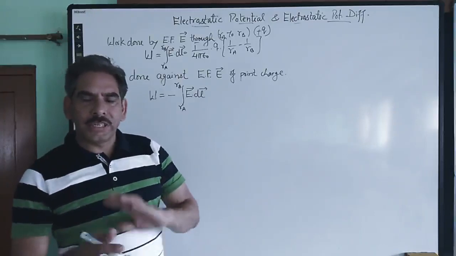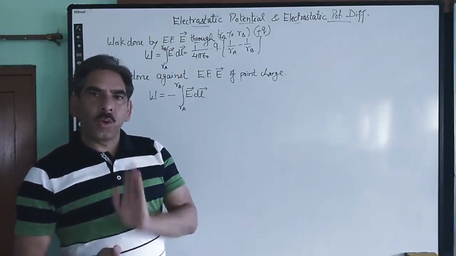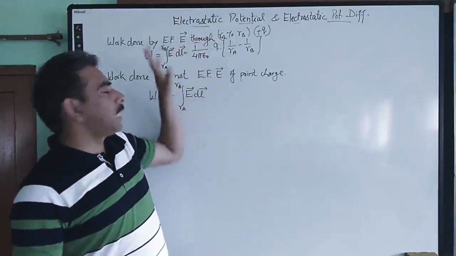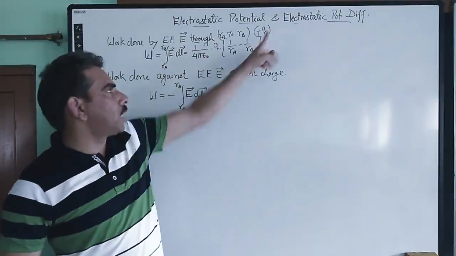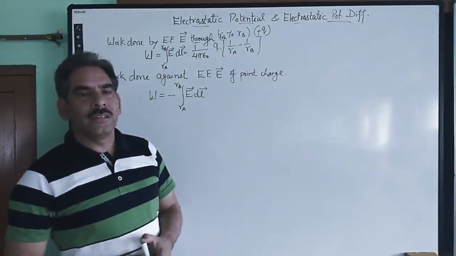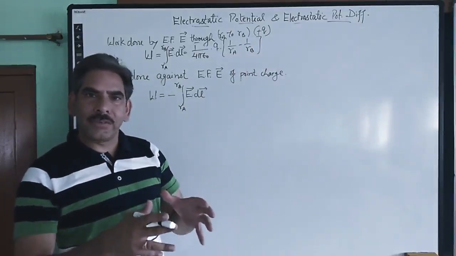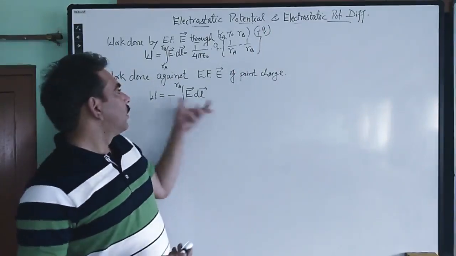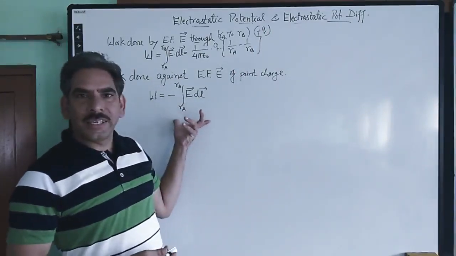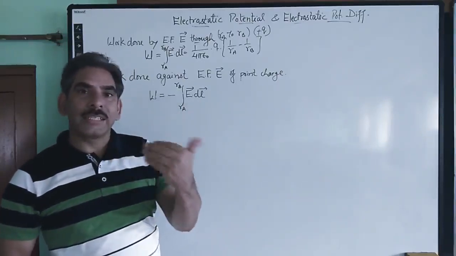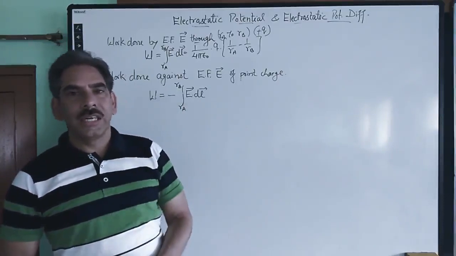So the electric potential difference simply means the work which is done against the work being done by the electric field of the given charge. Right? So whenever we do the work against the electric field of a given charge, we are actually finding its electric potential, or we can say electric potential difference. That is what we call electric potential and electric potential difference.